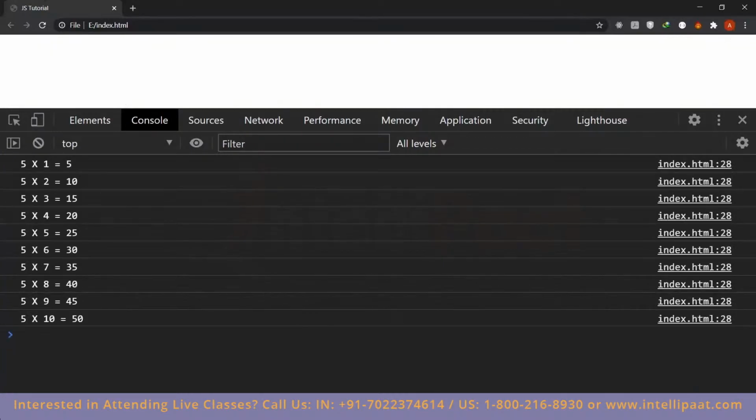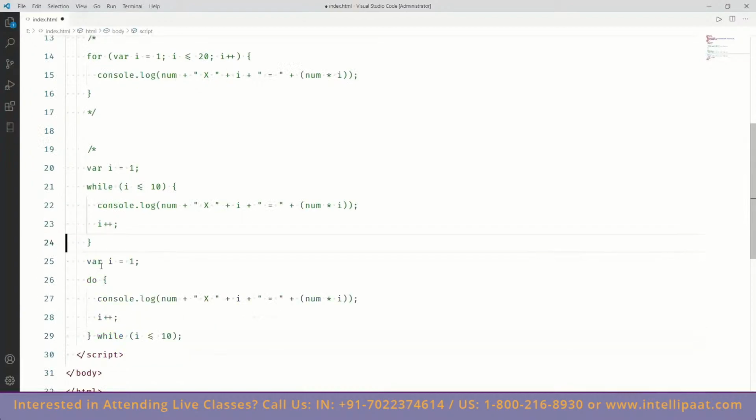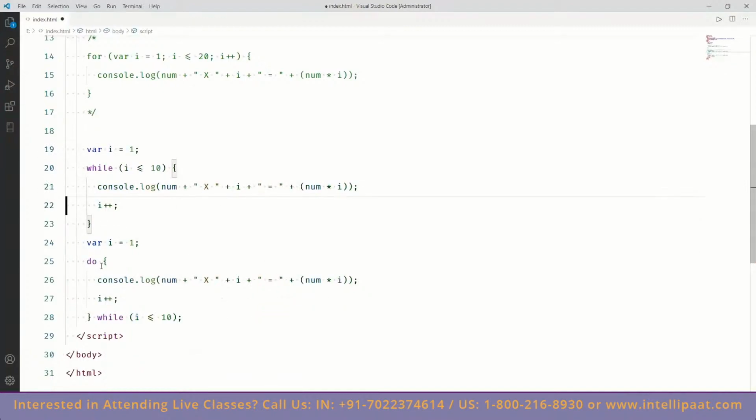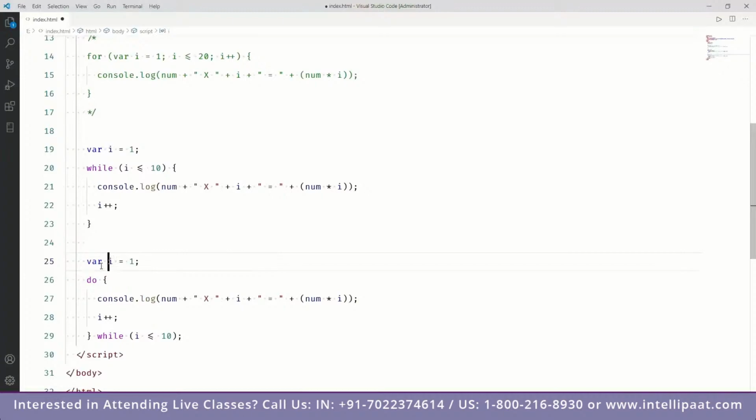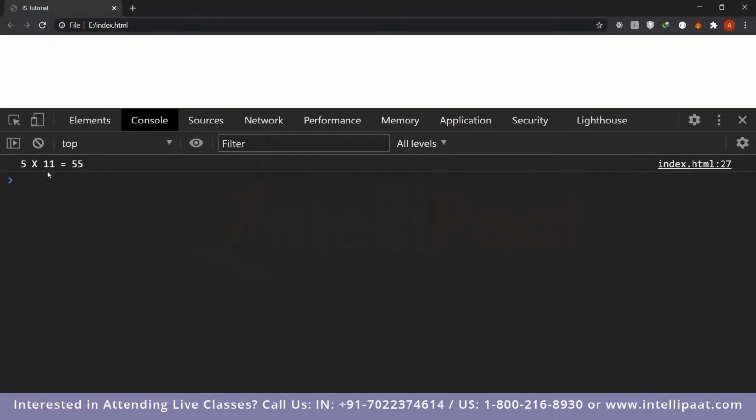But there's a bit of an issue here, or not an issue, but the difference between while loop and do while loop is not just semantics, because they look exactly the same. But what happens here is, let me just remove this. Yeah. So now it's going to print it, then going to print it again. What happens is, if I were to change this variable to be 11, and if I were to change this variable to be 11 as well, and if I go back and refresh, 5 multiplied by 11 is